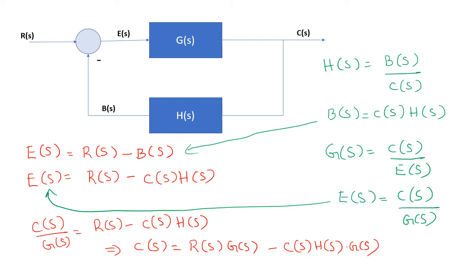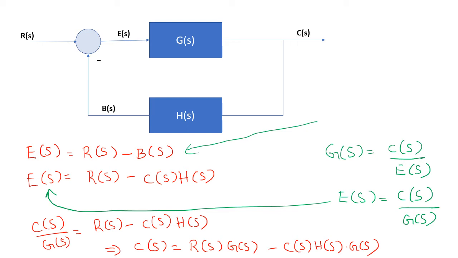Okay. So we have two terms which contain C of S. One is on the left hand side and the other one is on the right hand side. So we take it to the other side. So what is it going to become? So we can write C of S into 1 plus H of S into G of S is equal to R of S into